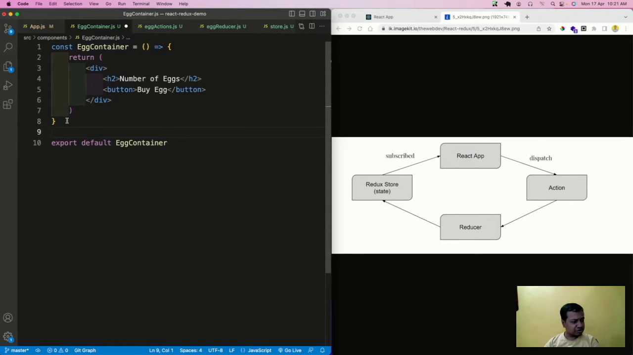So one is this mapStateToProps and mapDispatchToProps method, and another is the useSelector and useDispatch hooks. That method we're going to see next. Okay, so that is there. Now here we are going to do like